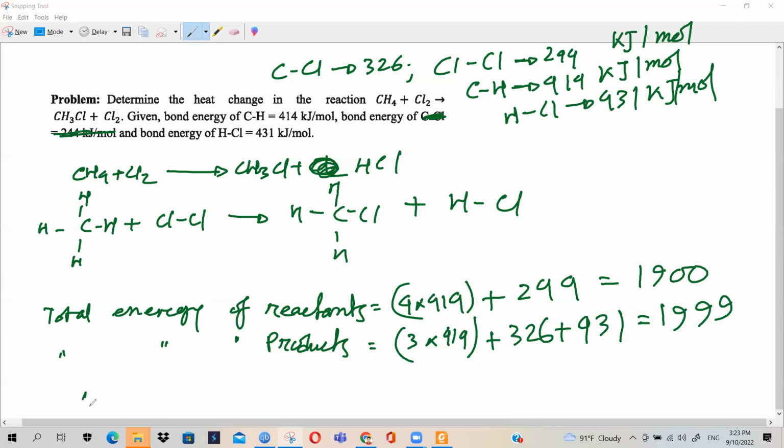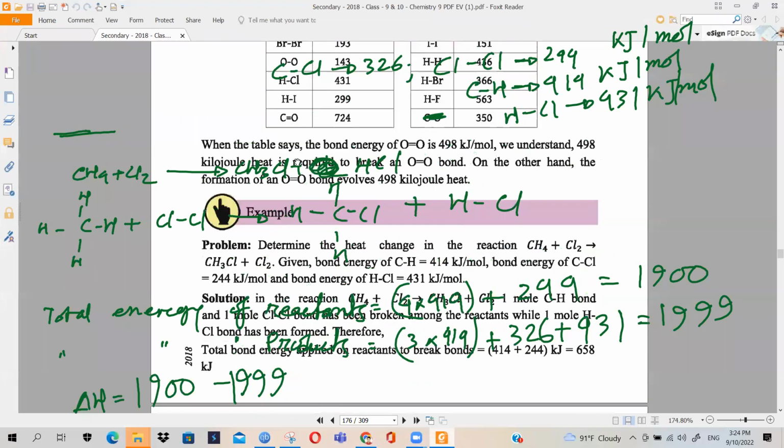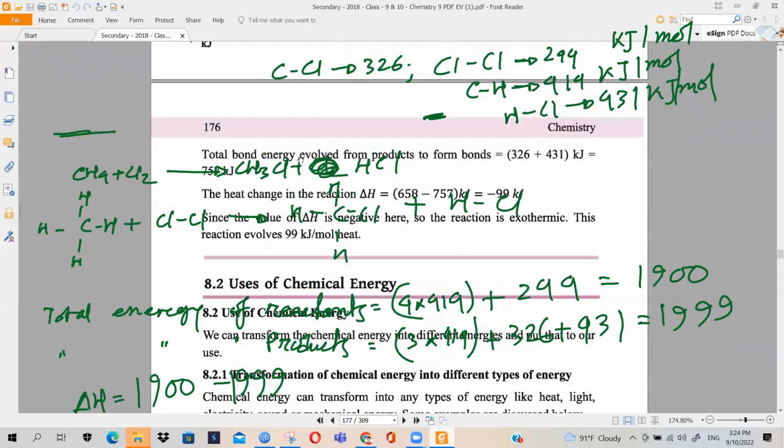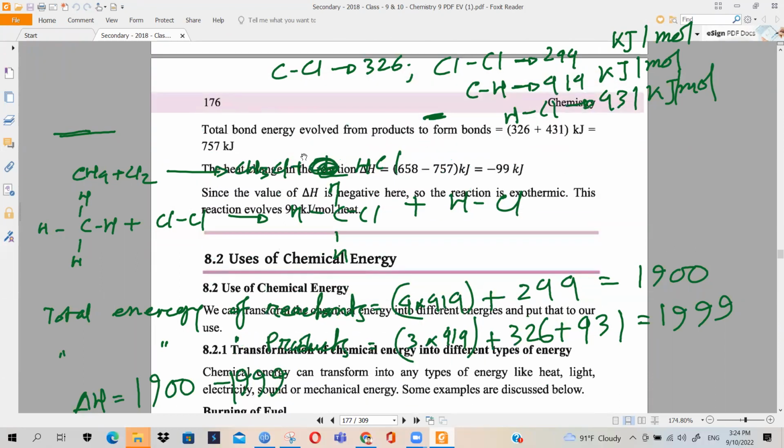Now delta H will be equal to... delta H is equal to reactants minus products, right? Yes, reactants minus products, or products minus reactants, whatever. So it will be 1900 minus 19. Can you check the formula that we wrote down for delta H? Total internal energy of... total energy of product minus total energy of reactant. Okay, so then it will be